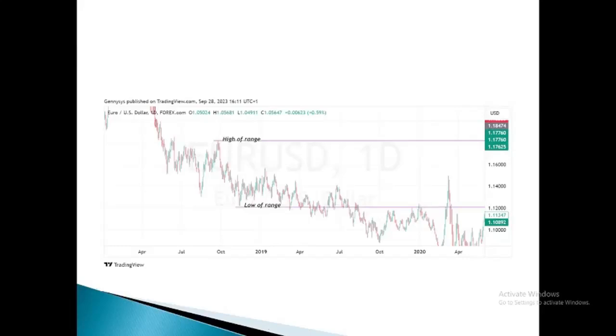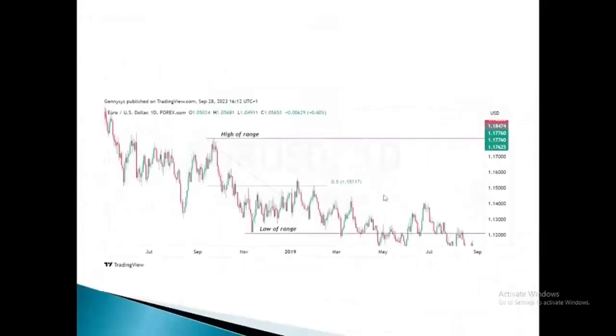Same thing. Determine your range, pull up your fib, check what the 50% is, and price just enters the 50% a little and drops, creates a new low. Okay,